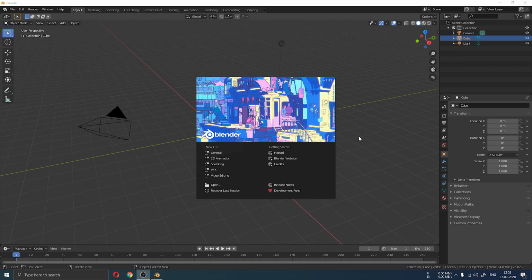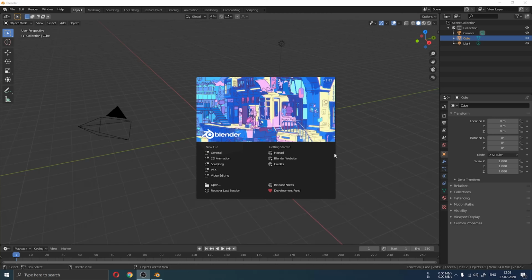When you open Blender, you observe this type of screen the first time. There are some general 2D, sculpting, VFX and video editing options for a new file. This software is so powerful that most of the games which are available now are made in Blender. If you are new to Blender, then links are provided on the same screen.